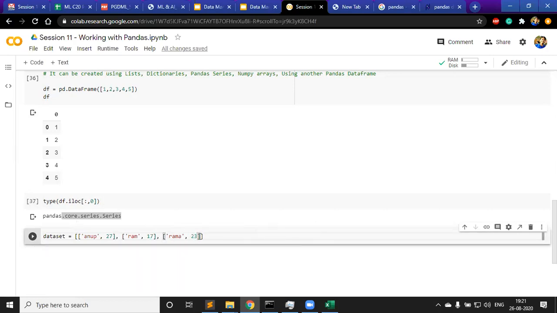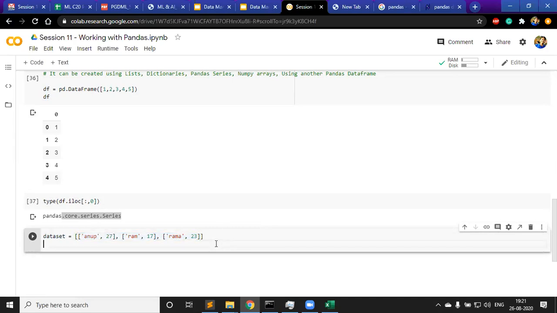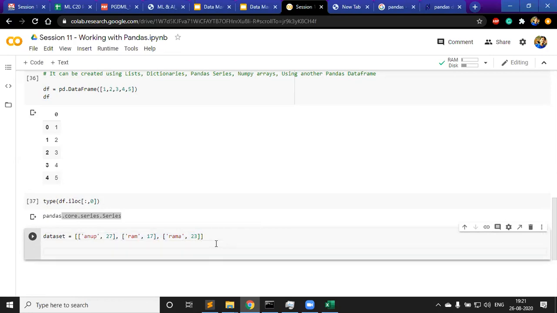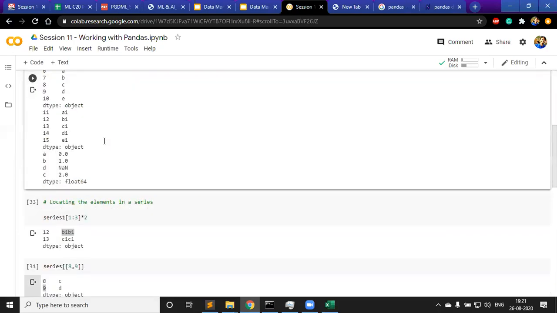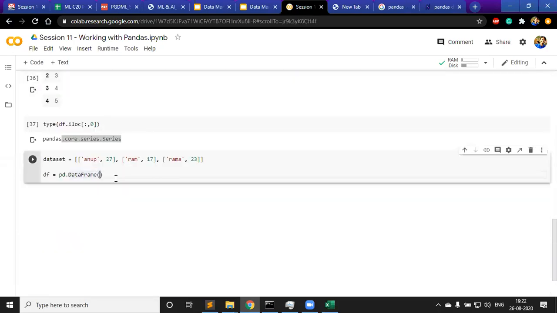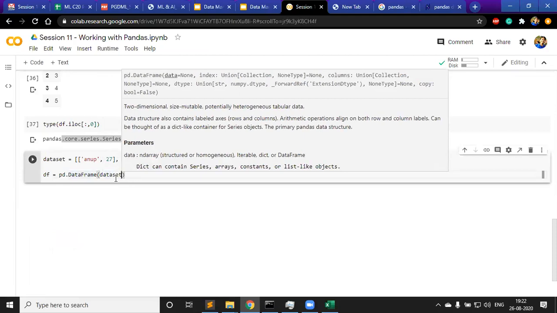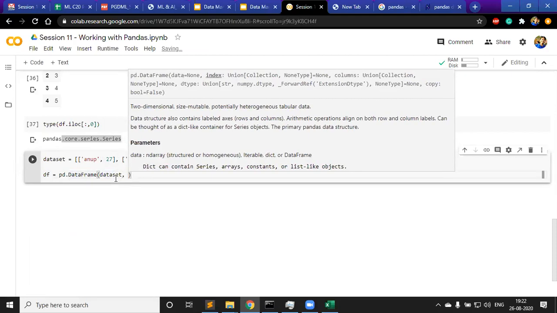So this is my data set, which is a list of lists. This is exactly how a file will be read in CSV format. Now you have that data, and you want to create a data frame so that you can use these powerful operations to do some data analysis, right? So you can simply use pd.DataFrame, and this pd, just reiterating, is because we are importing pandas as pd. We will pass this data set,